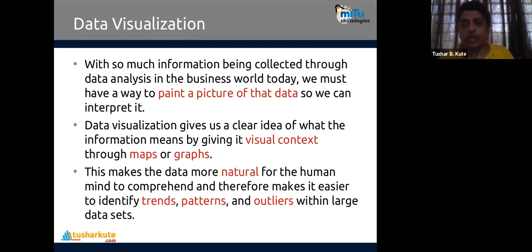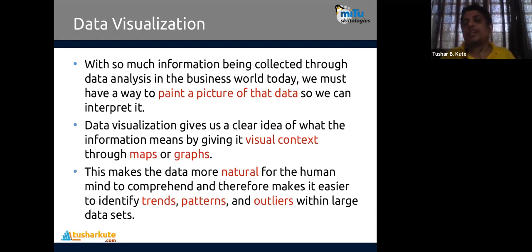Many things change according to time, like the cost of rupees per dollar or dollars per rupee. It changes according to time and many more factors, and we can visualize how it's changing. If you want to check linear regression, we can draw a line, a relationship between x and y, and after that we can build a linear regression model and then do predictive analytics on it.